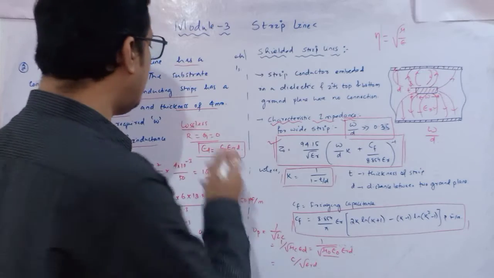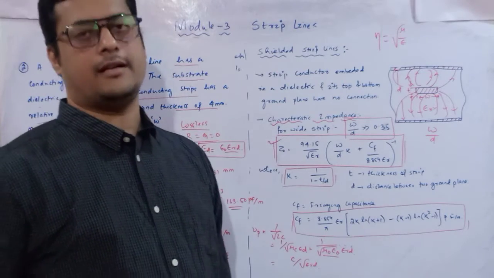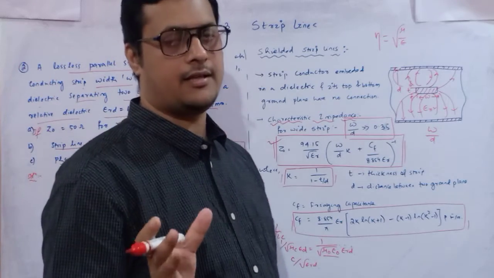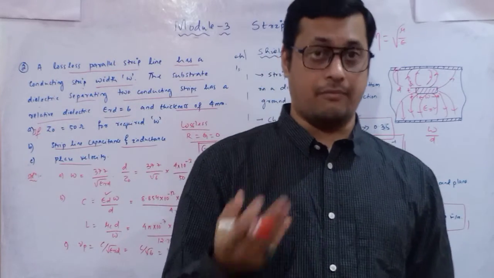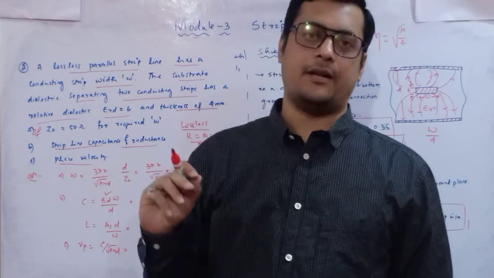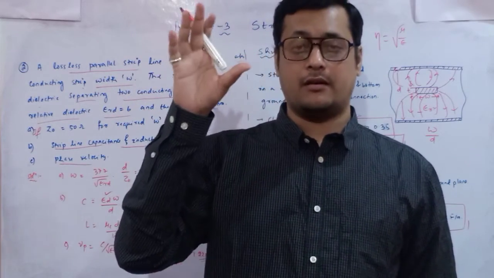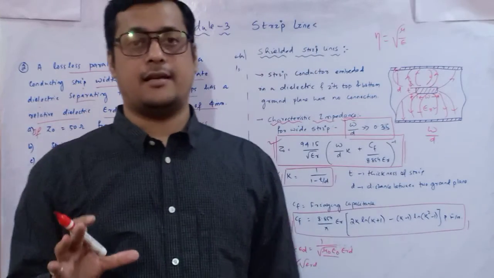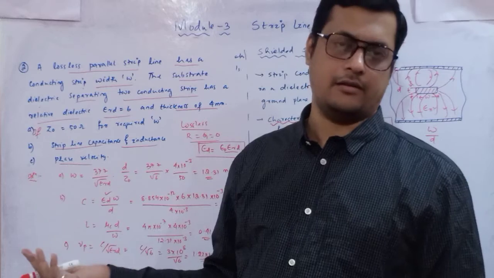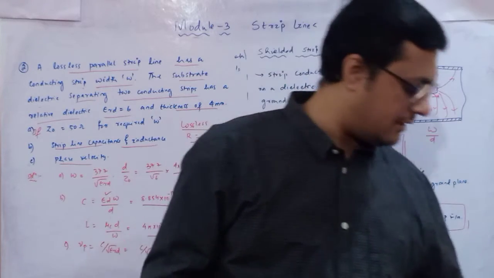So questions like this will come in your exam. It will give a hint whether it is a lossy line or a lossless line, and which type of line. Here I have given a parallel strip line. So for a parallel strip line, you have to recognize what relations are there, and as per the relation you have to substitute and identify the values. Okay, one more question we will take.